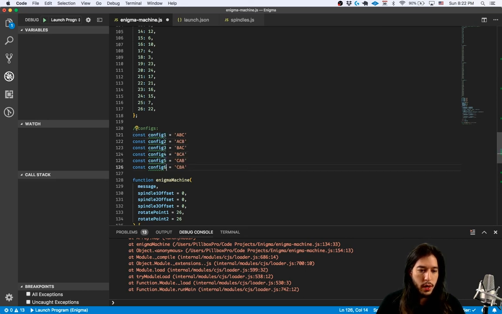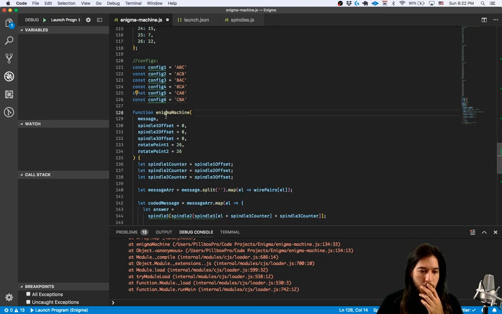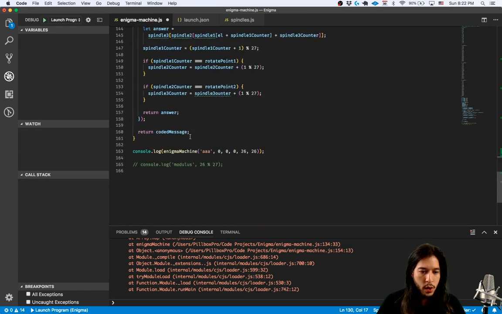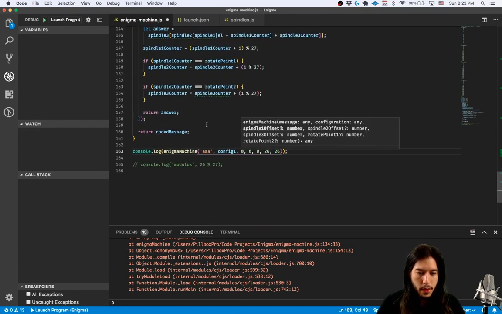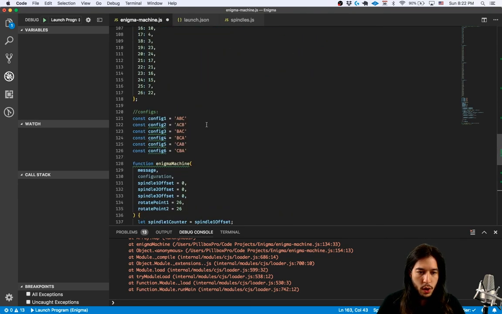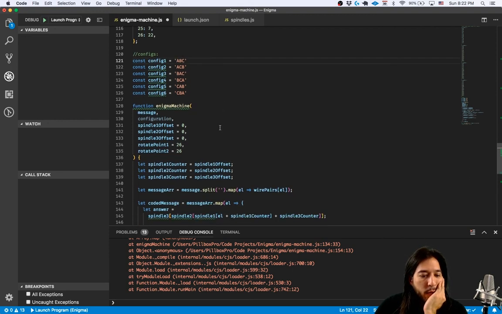So these are our 3 things here. Our second argument here will be our configuration, like before. So now let's say I want to pass into this config 1. Now config 1 is what? Config 1 is just this string. So if we put in config 1,